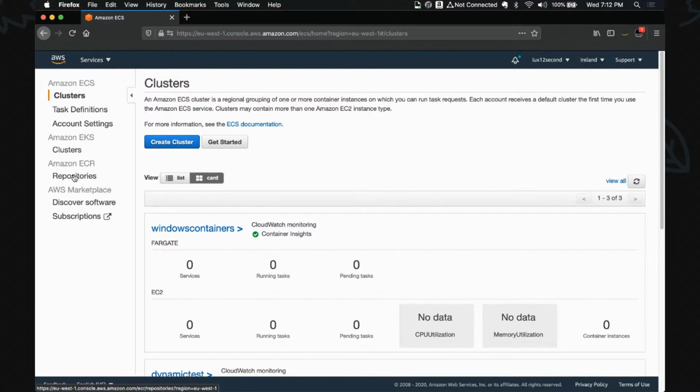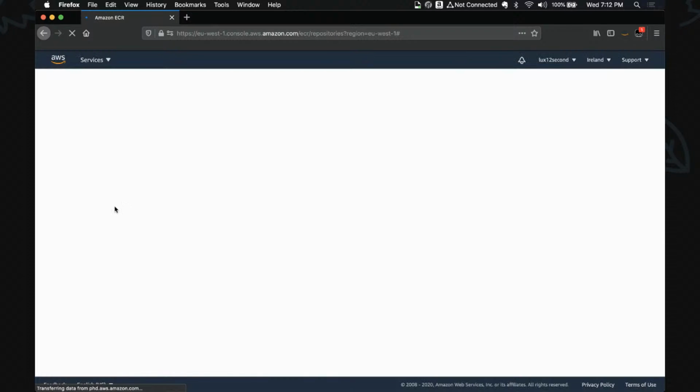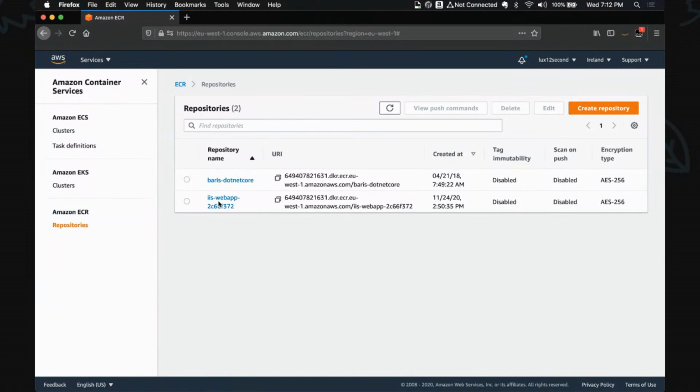As you may see, the first thing we should point out is that the image is imported to ECR, the container registry. This is it. I can use this image to deploy my containers, and it is also part of my CI/CD pipeline.